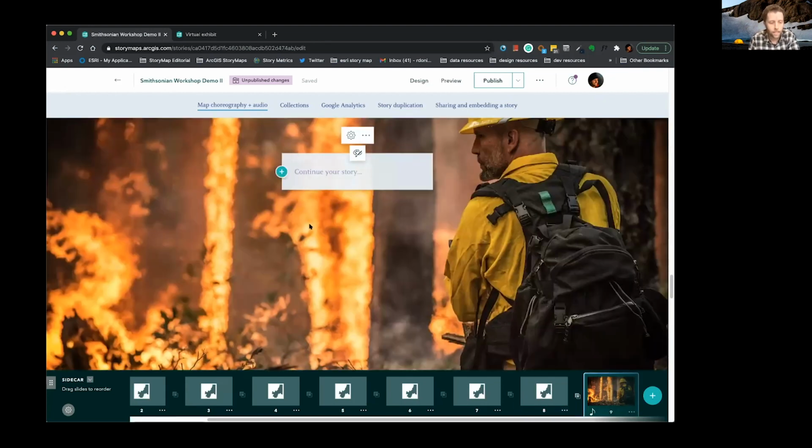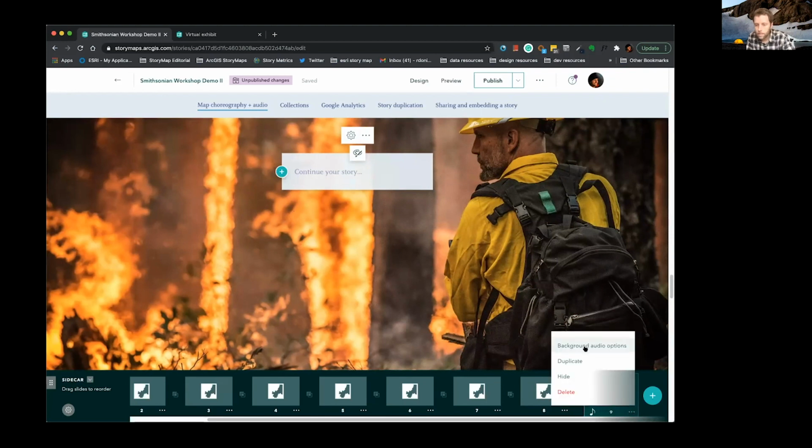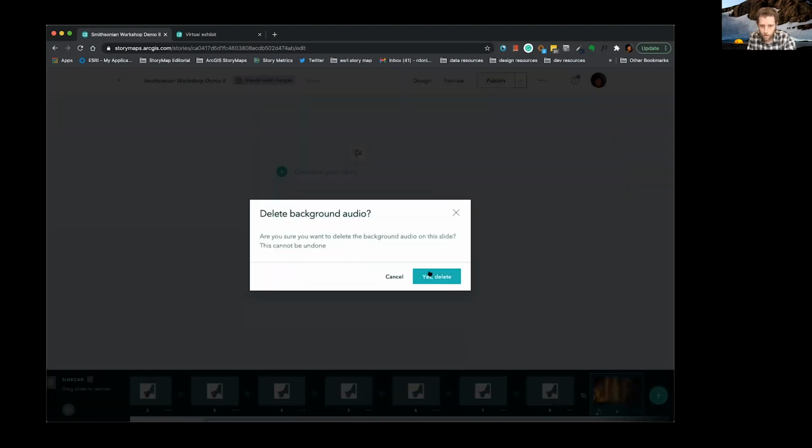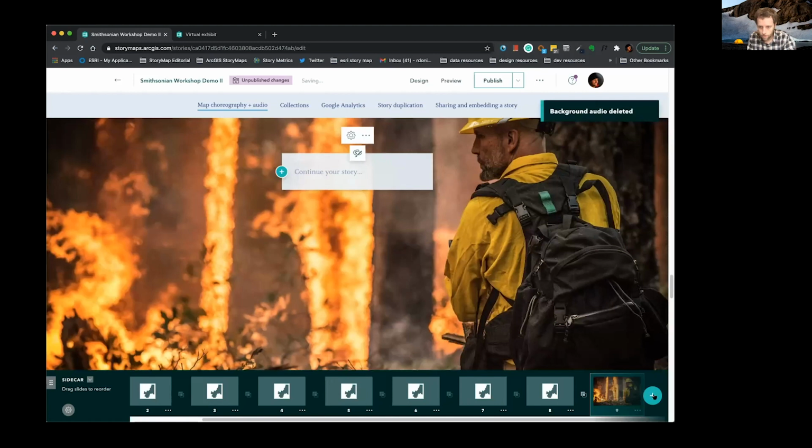The next technique is one that we use sparingly, but can be really effective for certain stories. This is adding background audio within a sidecar block so that when there's an image or a video or something else, there's audio playing in the background. Now to enable this, you simply click those 3 dots again and click background audio. Now I've already added in that sound of the fire, but if I were to do this from scratch, all you have to do